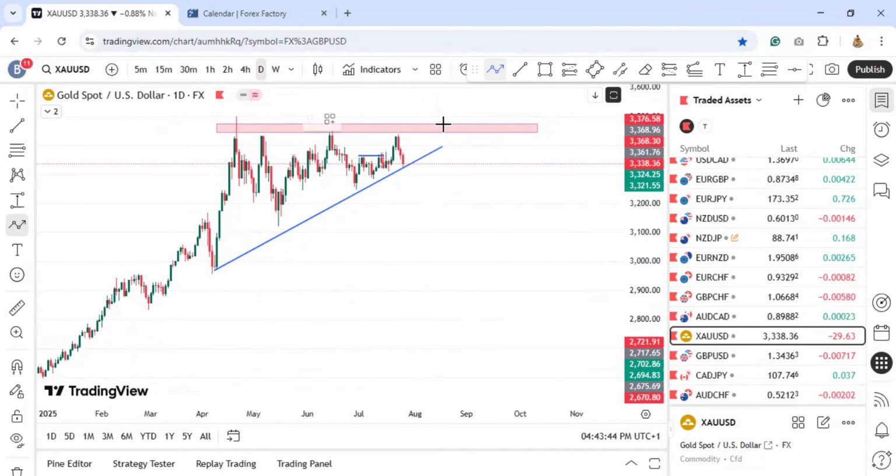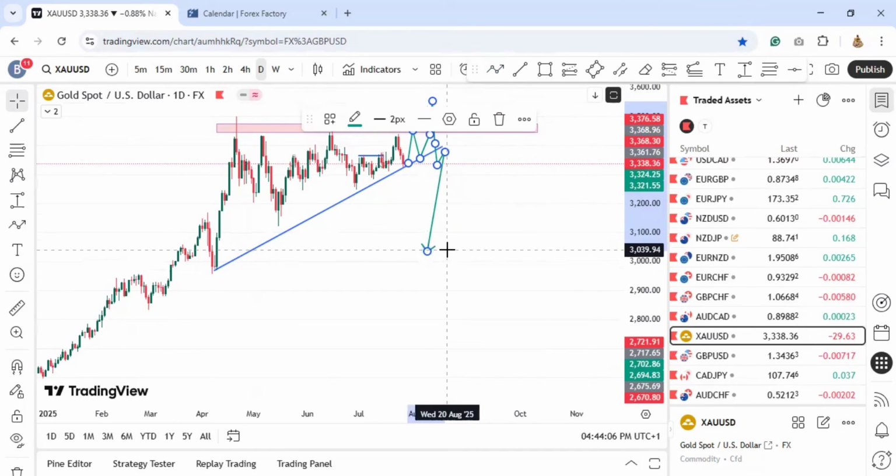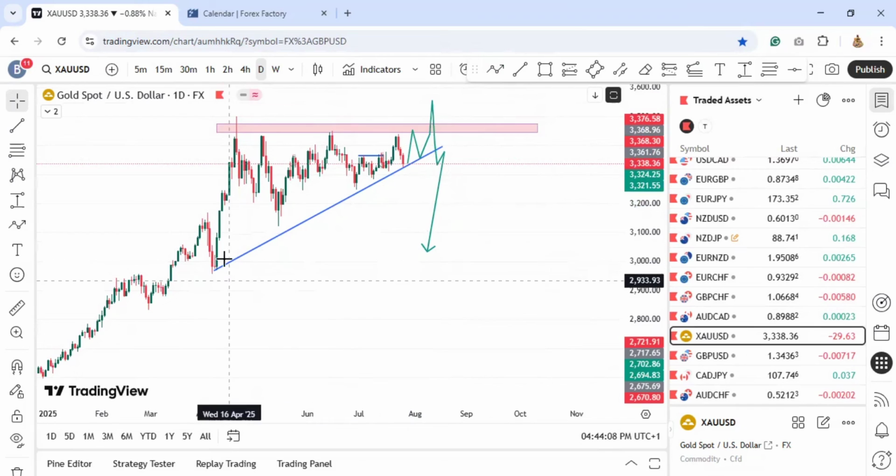So we may likely keep trading within this point until we have a direction with a full body candle on the daily time frame, or we have one that will just break down below here and we have a pullback and the sell will continue, most likely downwards to somewhere to this level,